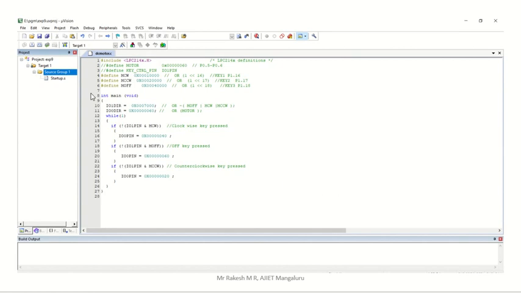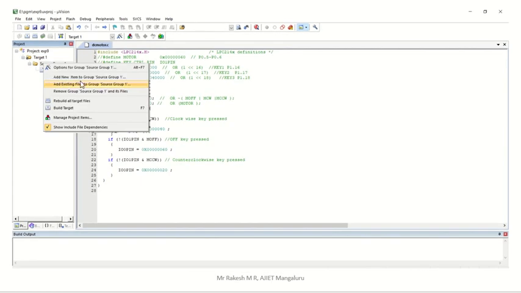Then you have to cross check whether startup.s is added in the source group or not. If it is not added, you have to add it, because this is a library file, very important for your code. If added, then right click on source group 1.